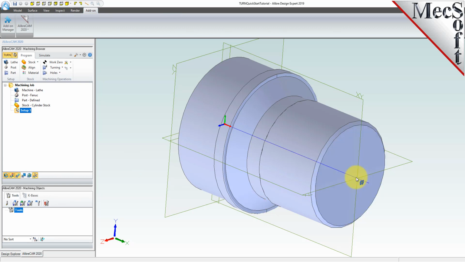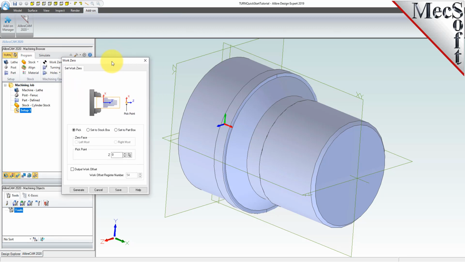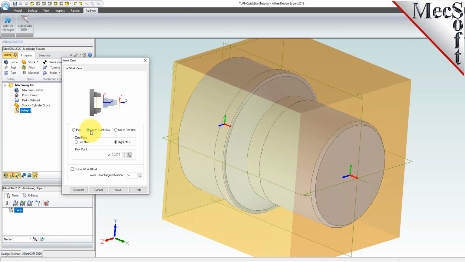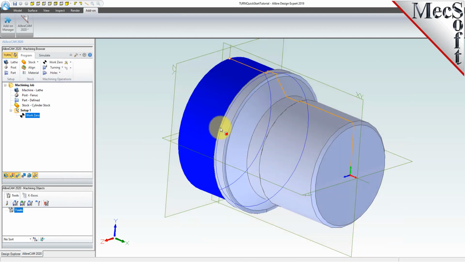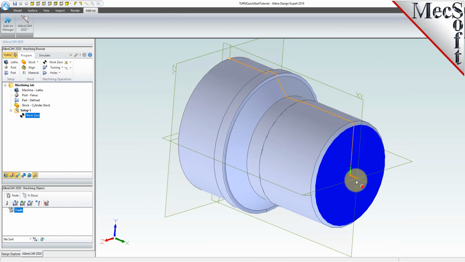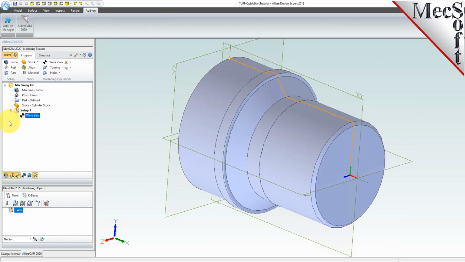Typically, this is set to the rightmost face of the part or stock geometry on the lathe z-axis. From the Program tab, select Work 0 to display the dialog. Select Set to Stock Box, and then set 0 face to rightmost. This locates the machine origin point to the rightmost face of the stock geometry along the lathe z-axis. Now pick Generate, and notice that the MCS is translated and that the Work 0 now appears under Setup 1